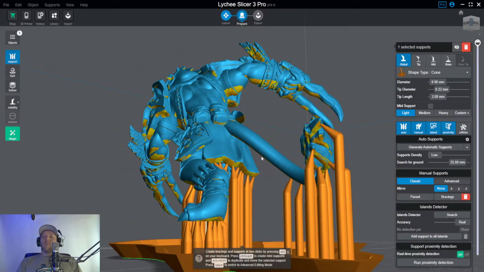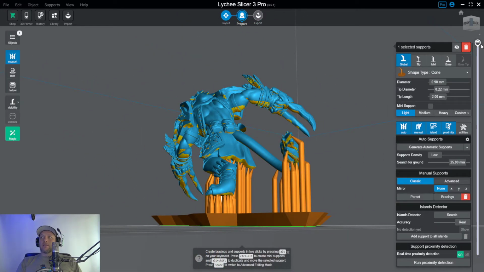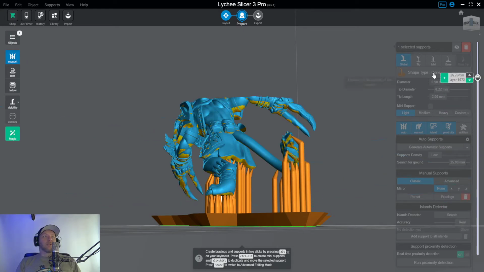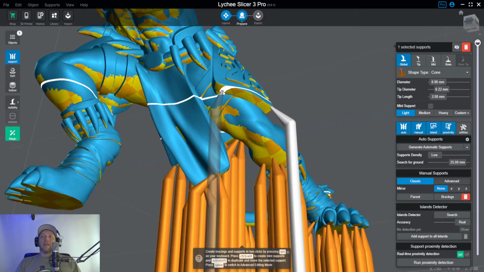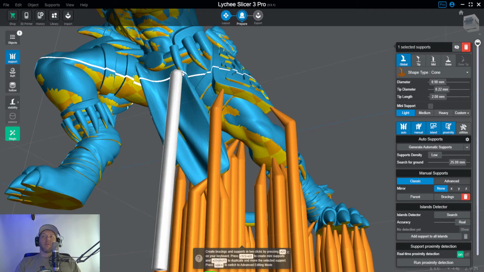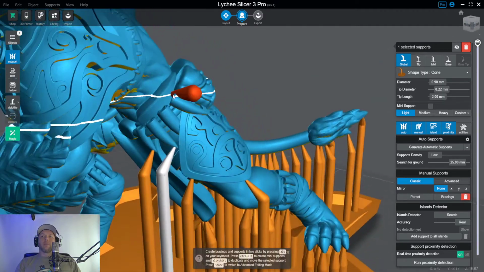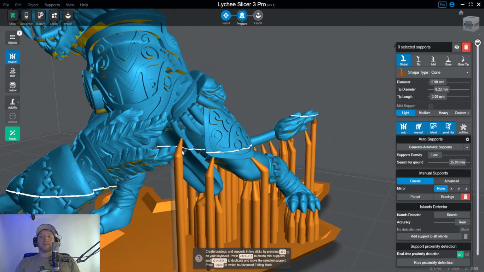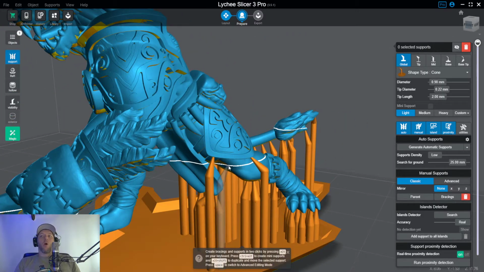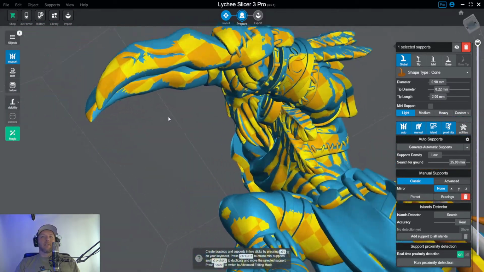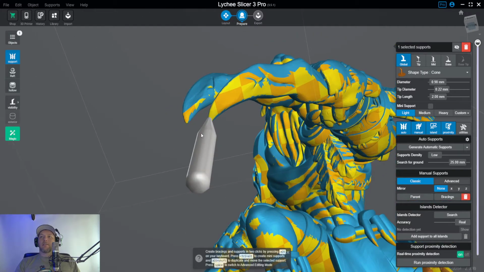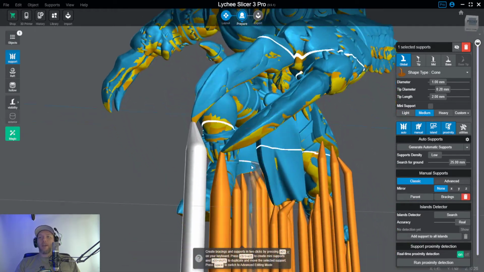So typically I don't work with the slider like this. I've gotten used to just looking at the model, understanding where I'm going to be looking for islands or where I'm going to be needing some extra support. Downward facing or downward pointing tips always require more than one support. Let's see if I can find one. These are perfect. So these tips that point down like this,